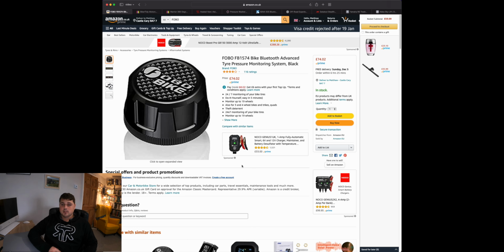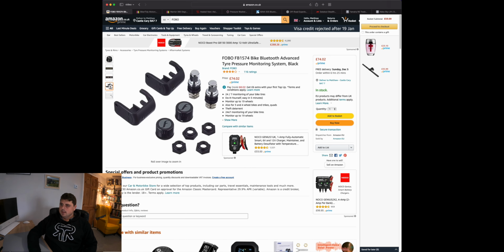You can have it on your cars, you can have it on your trailers. As you can see on the screen now, it does say monitoring for up to 19 wheels. And then obviously on the phone you label what car it is. So you could have different cars with these on, or you could have an 18-wheeler with one of these on